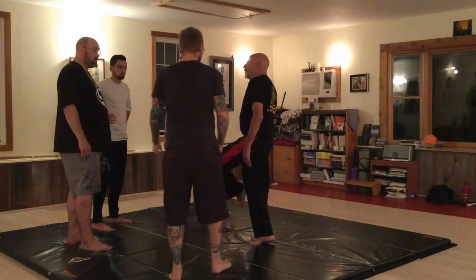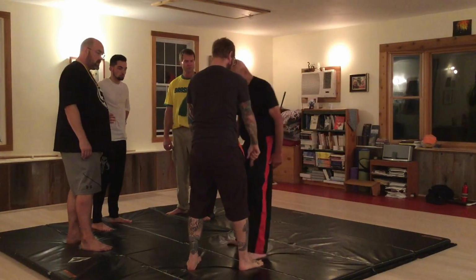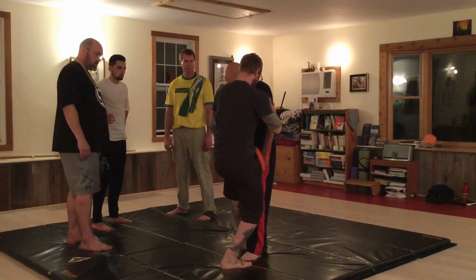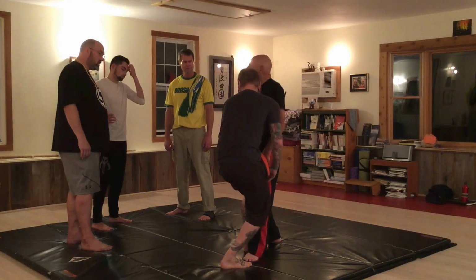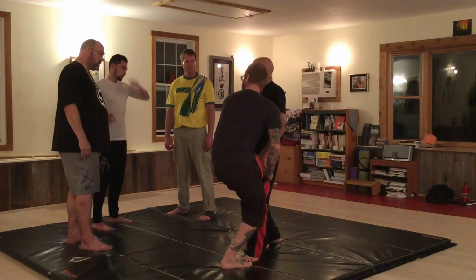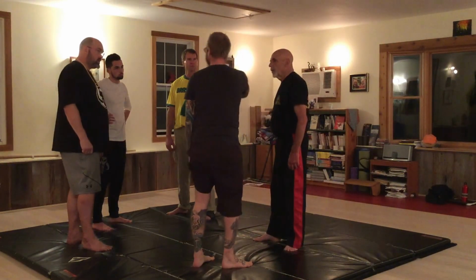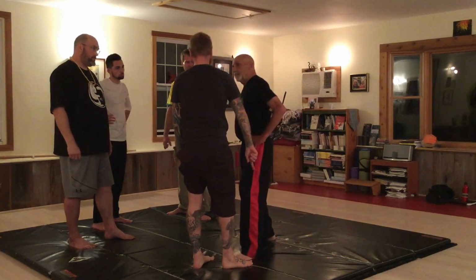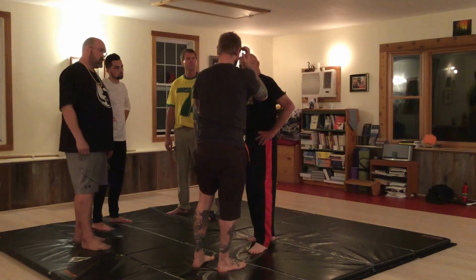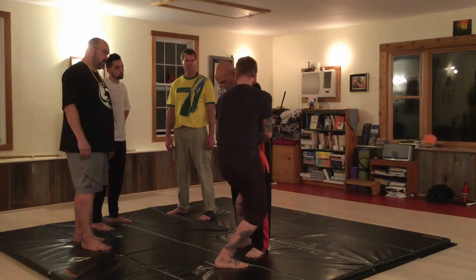Okay, I was thinking I could hook his leg. It was feeling like this and him pushing here was just locking it up. Who's doing it? I don't know who's doing it to who in that instance. He was doing it to me. Maybe I stepped in too far in that other one. This one I didn't step in as far. I don't know. So it wound up being,